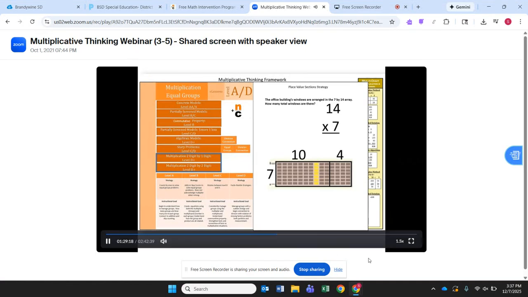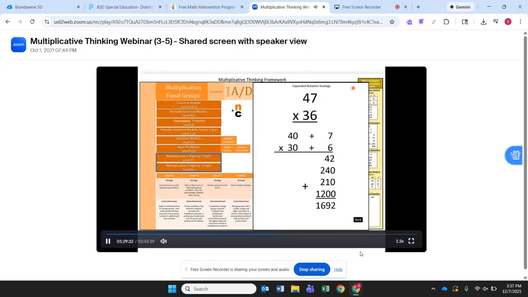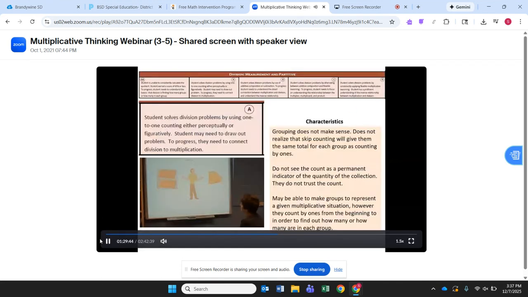So not just teaching them the process, the procedure, but how to apply it. And then there's other methods too. I've got place value sections, expanded notation. And remember, for all of this, when you start working on this, this is your fourth grade stuff, your fifth grade stuff. They need to be at a level D at everything before you can start working on this right here. So remember, this is sort of your goal to get here, but everything has to be up to par for that. So now we're going to go through the division. Remember, we learned earlier about